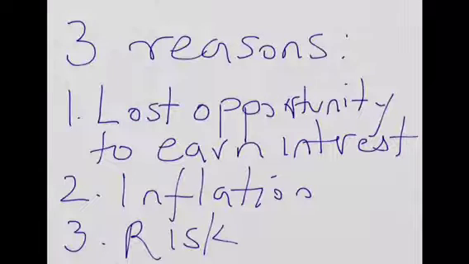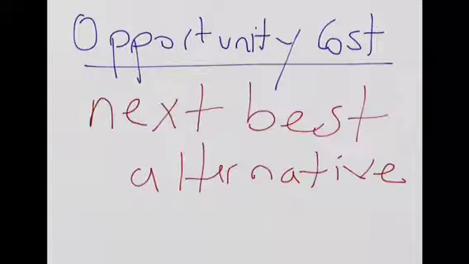Now, there are three reasons why this is the case. The first reason relates to opportunity costs, which is basically alluding to the fact that by investing your money in a project or in buying an asset or committing it anywhere, you have actually lost out on an opportunity to earn an interest elsewhere. We'll talk about that in a moment. The next reason why money has time value is because of inflation. And the last reason has to do with risk. Now let's start and talk about opportunity cost.